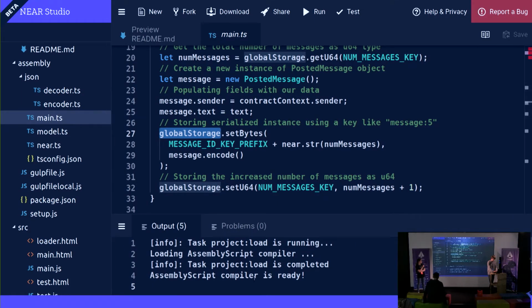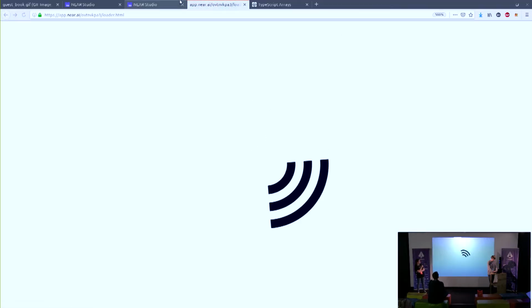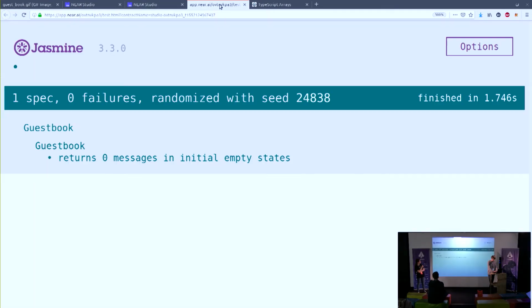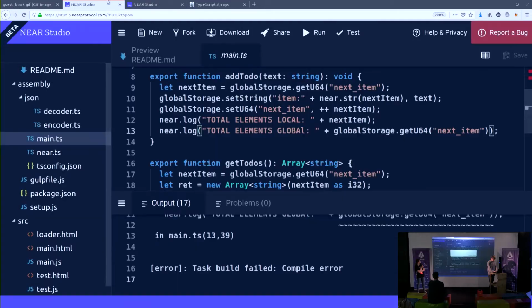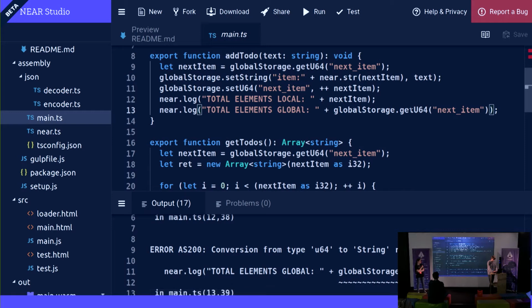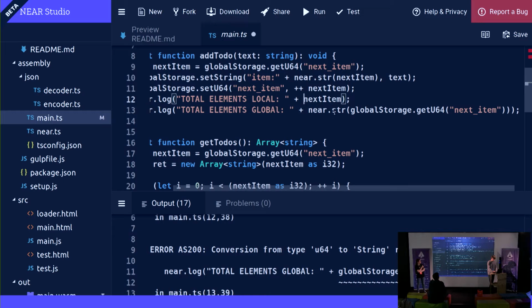Oops. Oh, wait. That's the wrong studio. Oh, it doesn't compile anymore. That's because I'm trying to add an integer to a string.